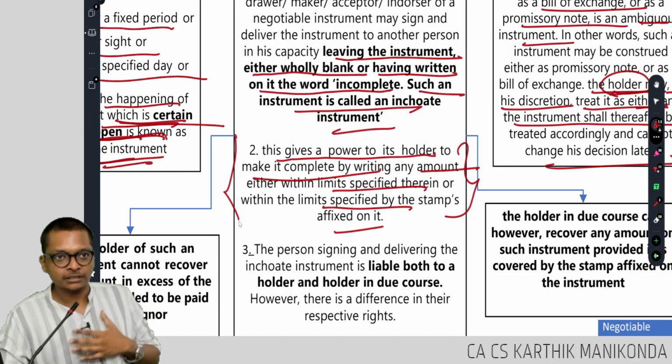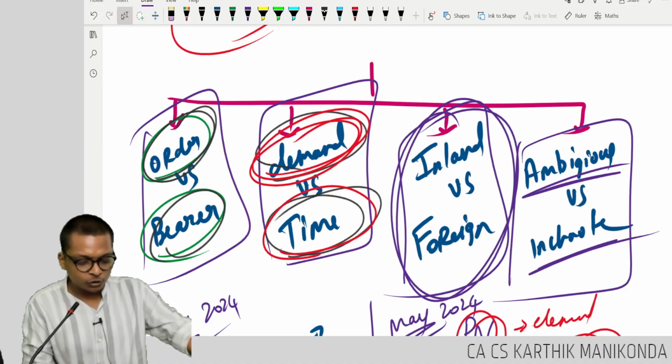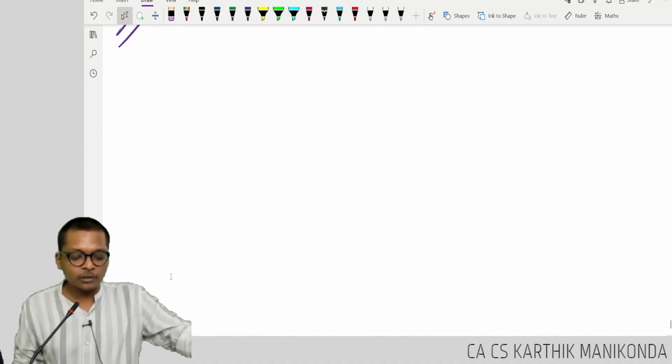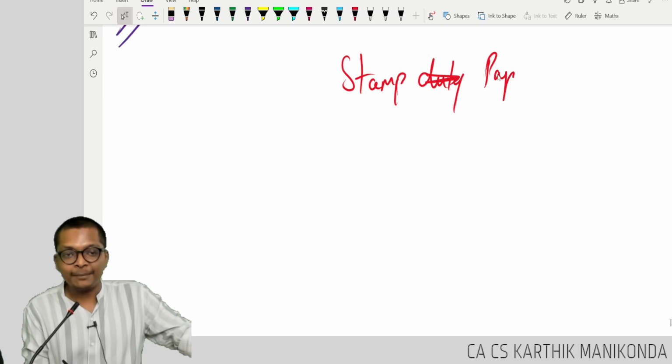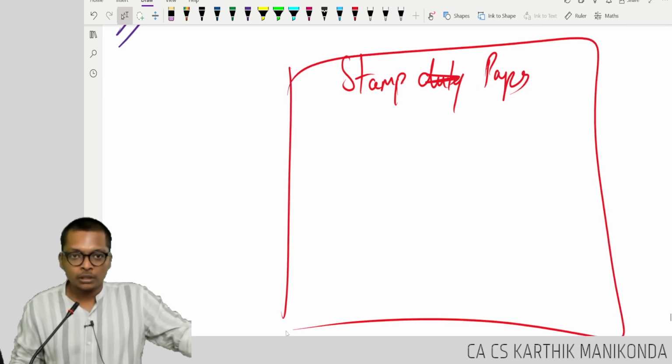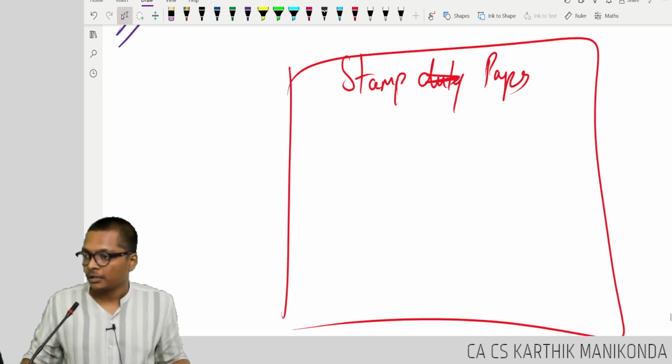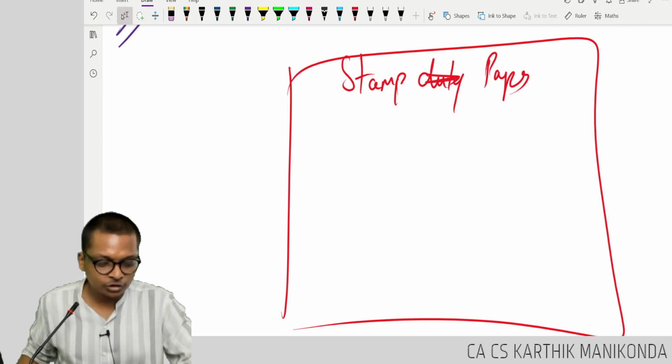Are you following, guys? Sir, what do you mean by limits of instrument? For a check I understood. What about bills of exchange or promissory note? Bills of exchange or promissory note is done on a stamp paper. Have you seen a stamp paper? If I ever show you a stamp paper, you might have seen, but let's simply see one for those